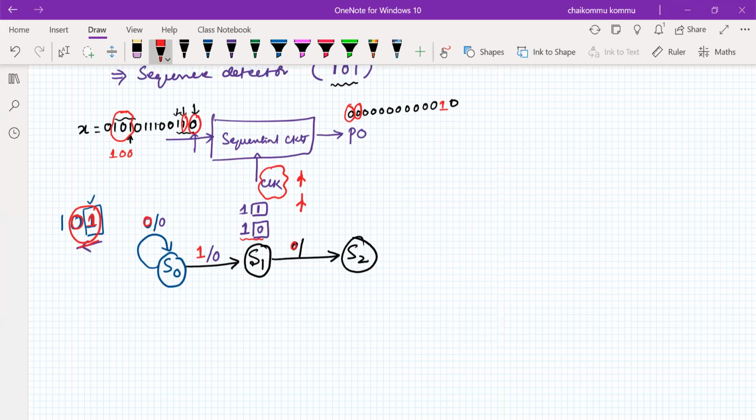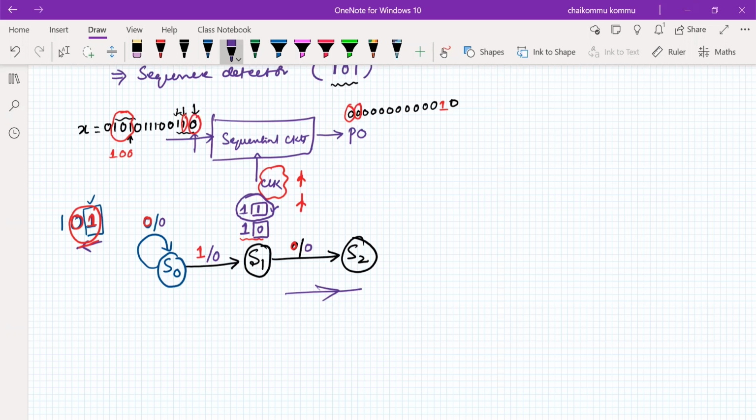If 0 has come, the output will come. For example, if 1 is the input, that means 1 is not a valid sequence, so it cannot move forward. It will remain in the same state, or it will go back to the initial state.